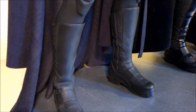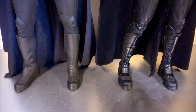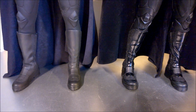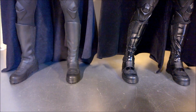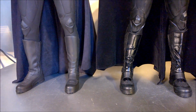Not 100% sure whether the boots are meant to be a more shiny black. I would have to do some research, and it was probably a better idea to do that before shooting the video. But to be honest, I was feeling a bit overconfident. I thought, I know Batman Begins like the back of my hand. Do I? It's not really true, apparently. Well, if any of you guys out there know which boots are more accurate, shiny or not shiny and lighter,